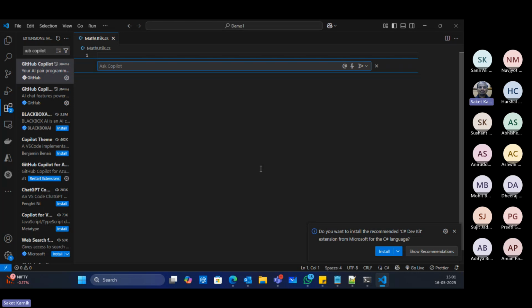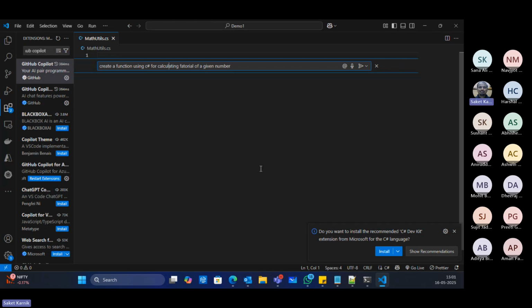Okay, so I can say create a function using C# for calculating, say, factorial of a given number.